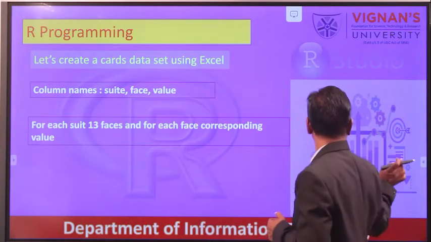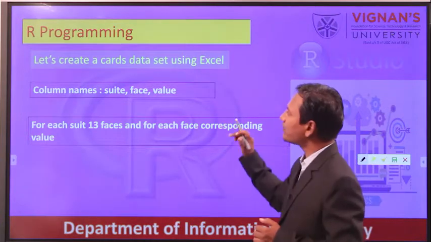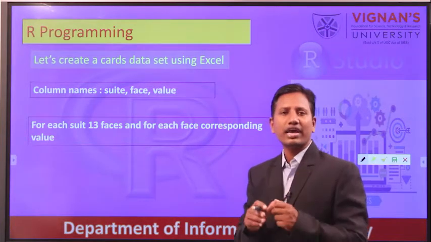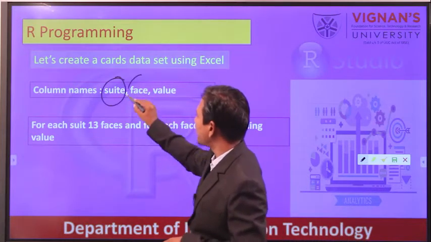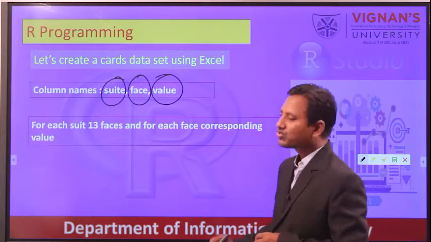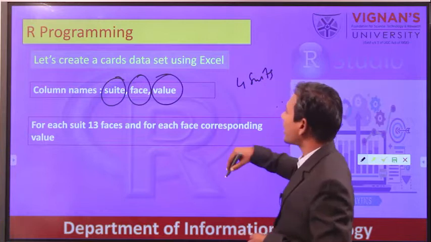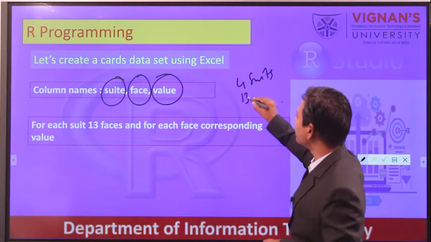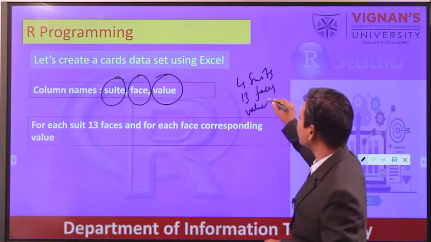So we have to create a file with column names suit, face and value. For suits we have 4 suits, for faces we have 13 faces, and for values also we have 13 values.